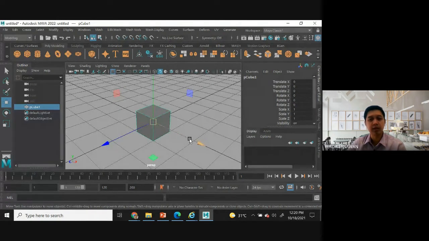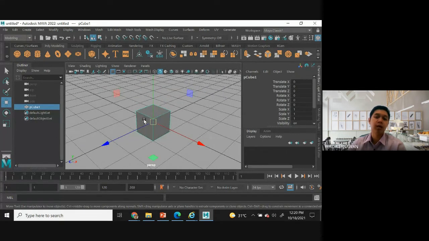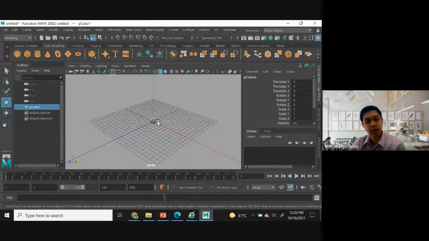This is X, Z, and Y. The green one is Y. If you want to resize the axis, you can use minus and plus. Look at this: minus makes it small, plus increases the size of the axis.